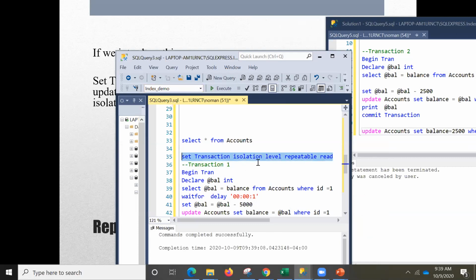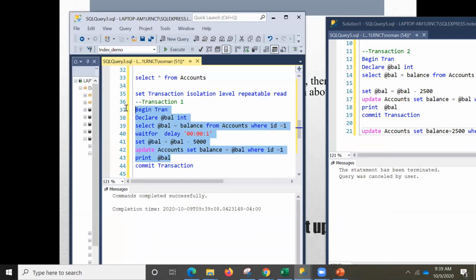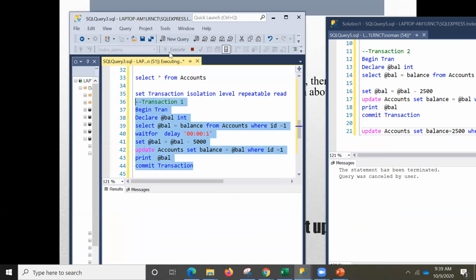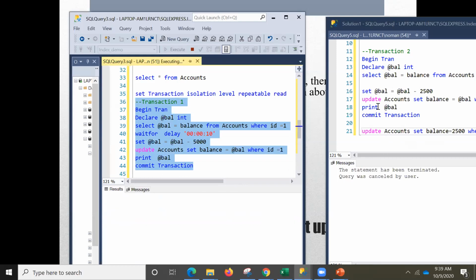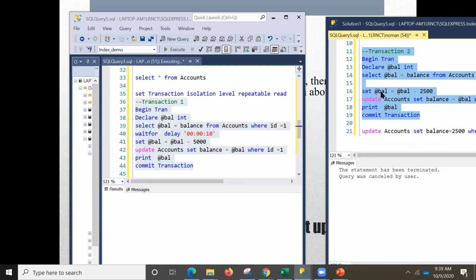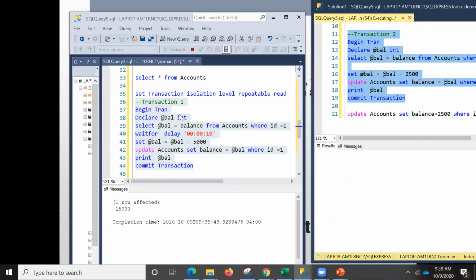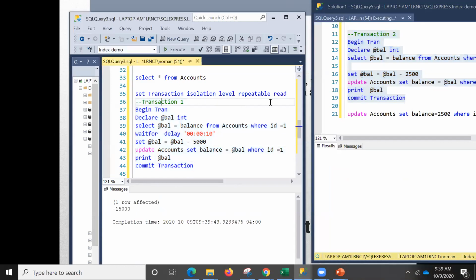Okay, so now if you do that and then you check those same transactions again, unluckily I was unable to find out what was the problem, but still, if you can just run that transaction, and this transaction is doing minus 1000 or whatever, and we do this transaction in between. For example, it was for 1 second. Now I'm again doing it for 10 seconds. So this is going on for 10 seconds, and I'm again running this one. Let's see what happens. And still, because it was not right in the first place, it was not showing me the right result. But can you people just check these results with that set transaction isolation level repeatable read?